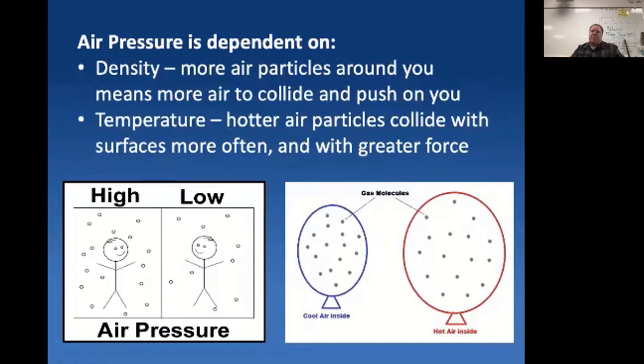So air pressure is dependent on the temperature, how fast they're moving. It also depends on the density. I'm going to combine the idea of how much I have and how much space it's spread out over into one idea. It's density, like how many air particles are actually around you. If you give it more room, they spread out, so there's less around you. Less air to collide into you. So it's how much air you have, how much space it takes up, that's density. And then you have temperature, how fast are they moving? If they're moving faster, they're going to hit more often and with a greater force. Okay.